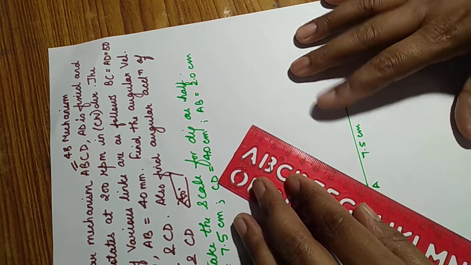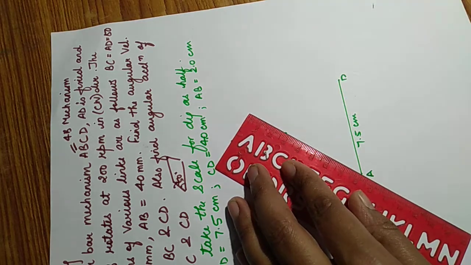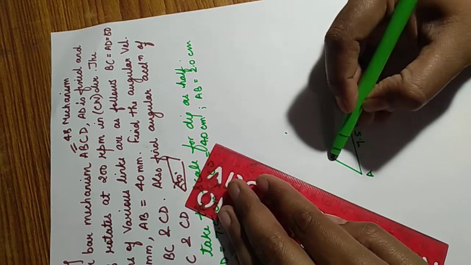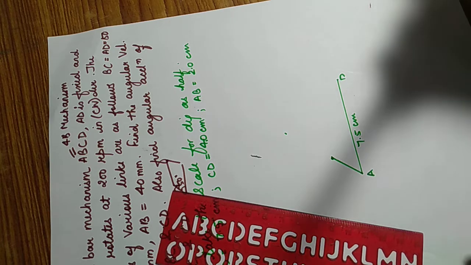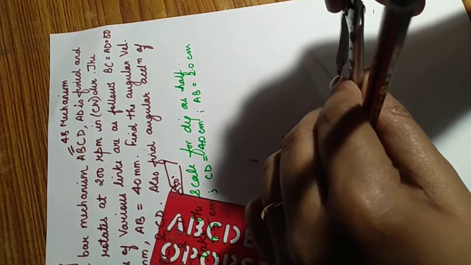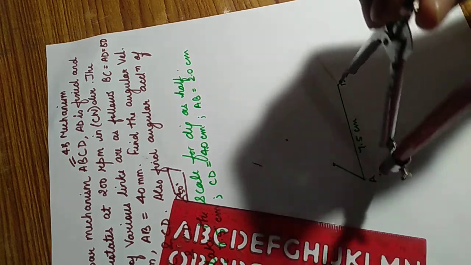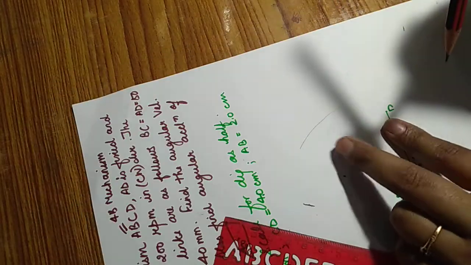I have marked over A. This is 50 degree now, and we are going to mark 2 centimeter. This is 1, this is 2, and this is the 2 centimeter mark. Then we are going to mark BC, which is again 7.5 centimeter. So we are going to mark the 7.5 centimeter from this particular line itself. We have the 7.5 centimeter over here, and we are going to mark an angle. And see, this is the arc.